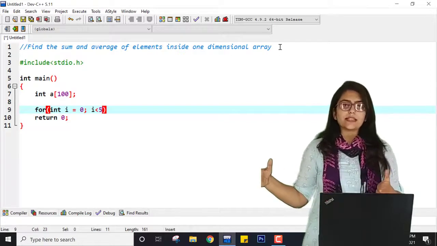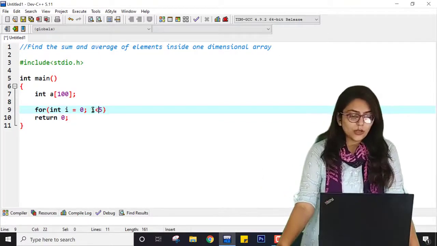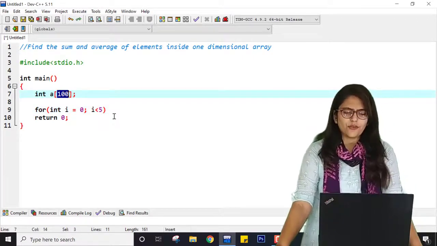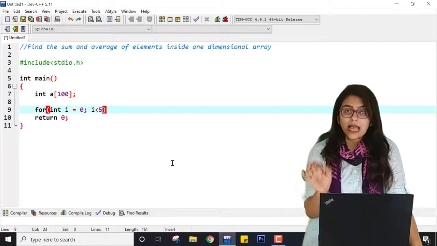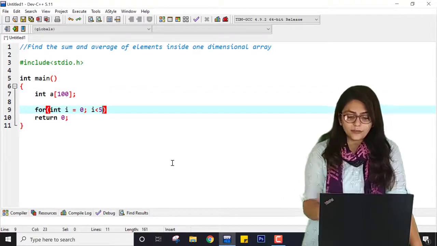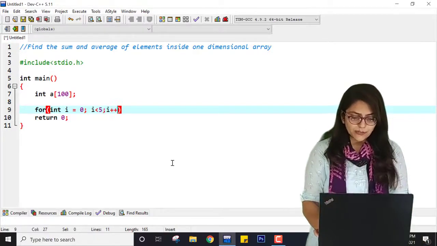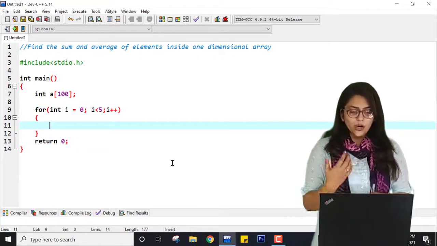So even though the size is 100, it is not necessary that you write size minus 1 over here. Even if you have written 5 over here, it is correct. So for clearing some concepts, I am writing the size as a higher number and the loop condition as a lower number, and then i plus plus. So each time my value of i will be incremented by 1.